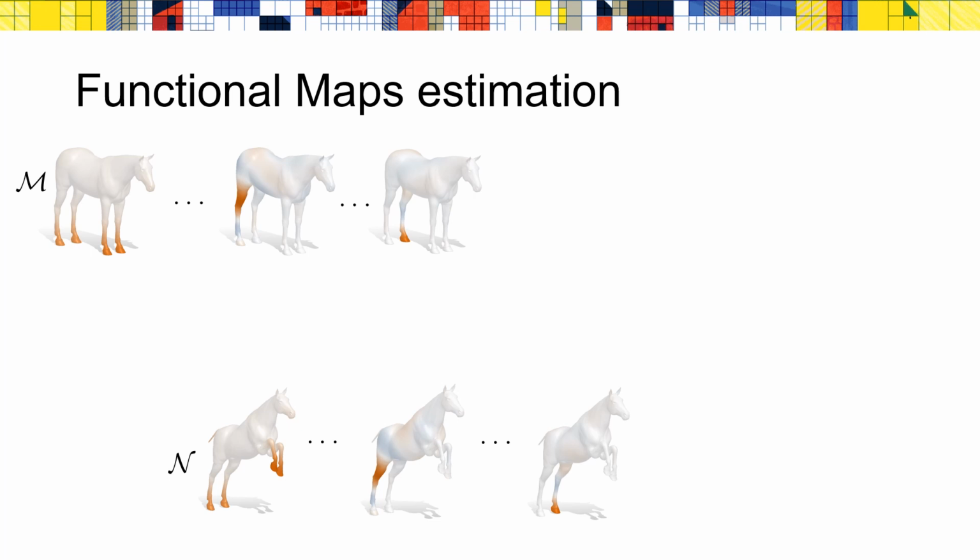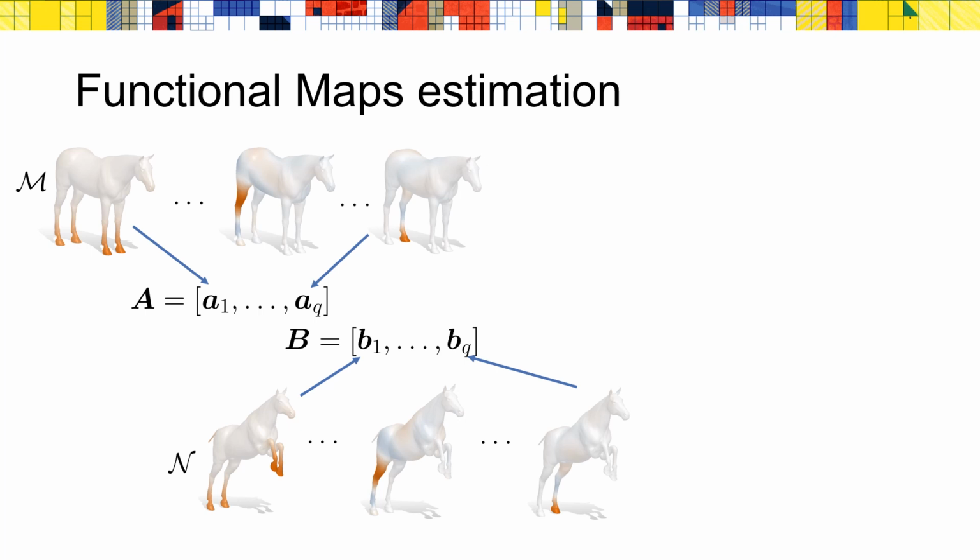Once we have these two sets of corresponding functions defined on the two shapes, we can compute the coefficients in the Fourier basis for all these functions and store them as the columns of a matrix A for the shape M, and the same can be done for the shape N, and we can store the coefficients of the Fourier basis for this set of probe functions in a second matrix B. Then, once we have A and B, we can optimize for the best matrix C as the solution of this optimization problem,